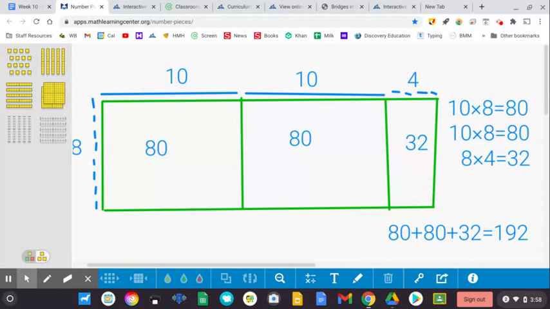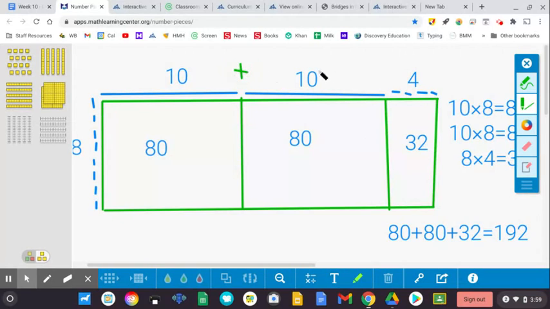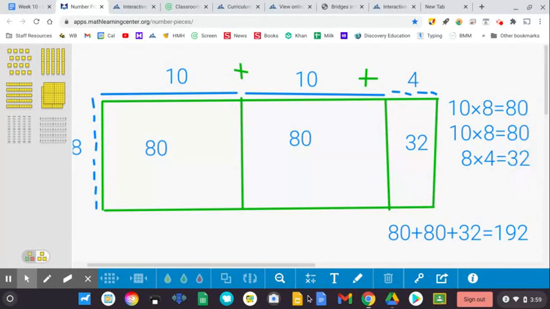Remember, I've told you that you need to have a dimension on the side and a dimension on the top. Right now we have 3 dimensions on the top. Actually, what we did with them is we have distributed them into smaller pieces. So now let's reassemble them. I've told you in the past that what some of my students have done is put a plus sign right here and a plus sign right there so that we know we have to add 10 plus 4. So if we add this part, that gives us 24, 10 plus 4,